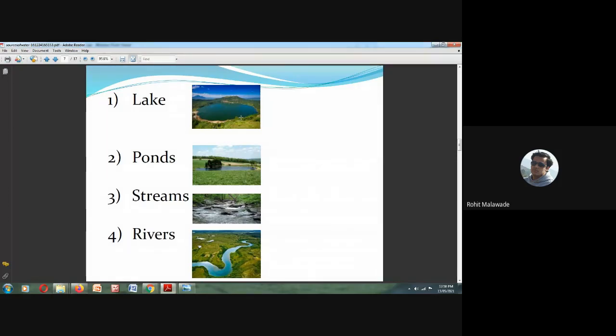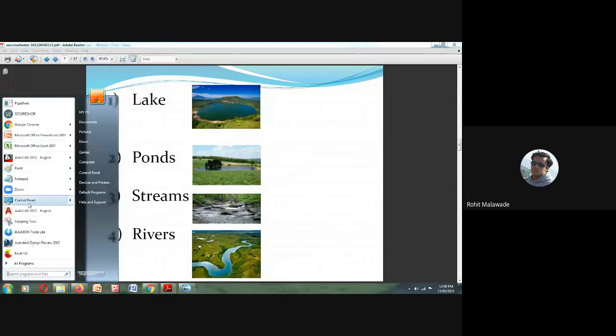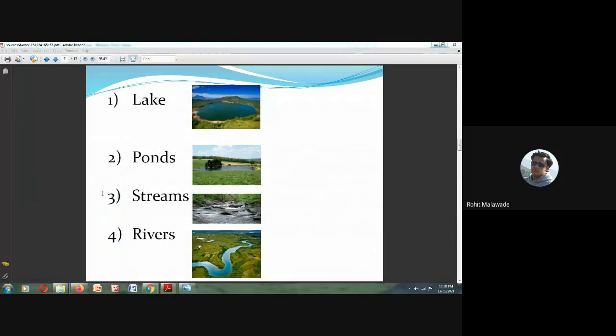Then if we come to the rivers, normally we utilize rivers as a source of water. Why do we utilize rivers as a source of water? Here the catchment area is very, very large, and a huge quantity of water will be there. That is one thing. And since the water is flowing continuously in the river, the oxygen transfer happens when it flows. Just a minute, I'll show you with the help of diagrams.